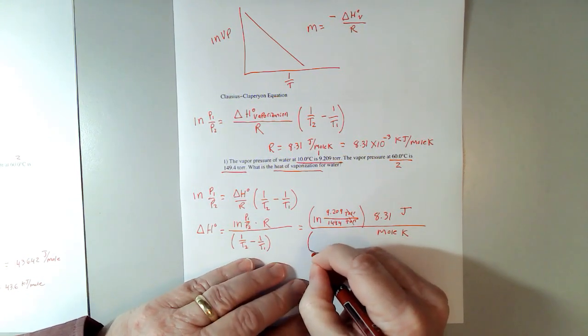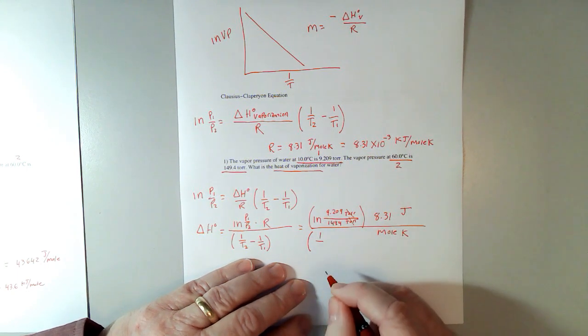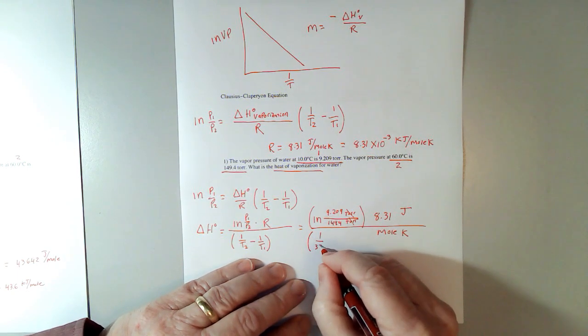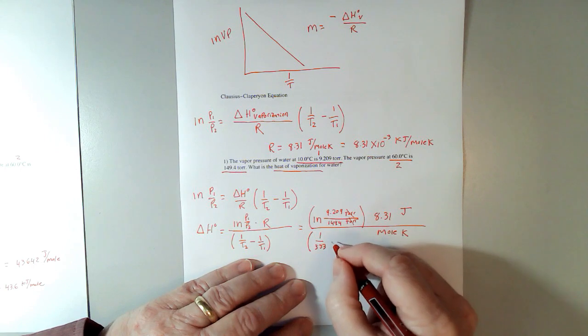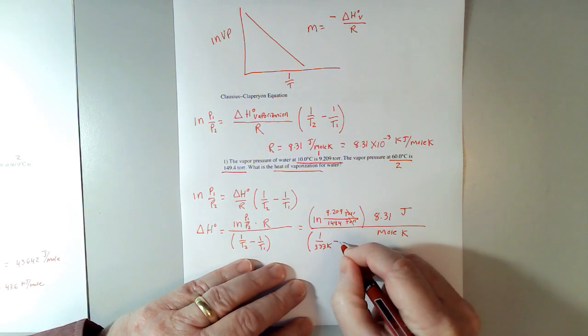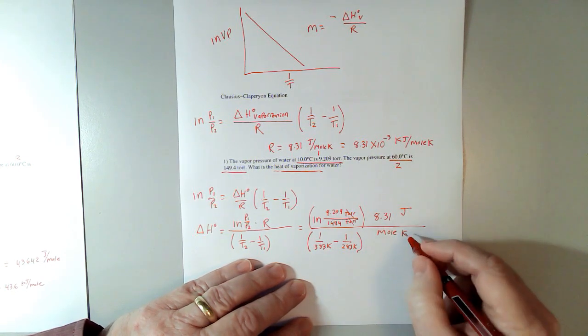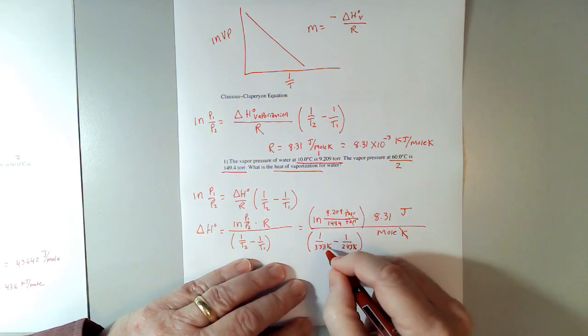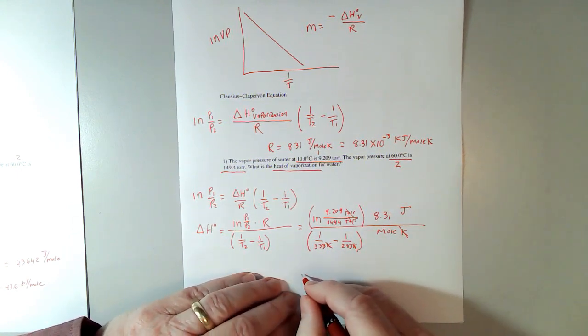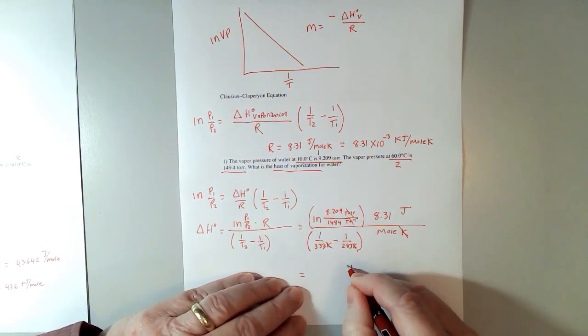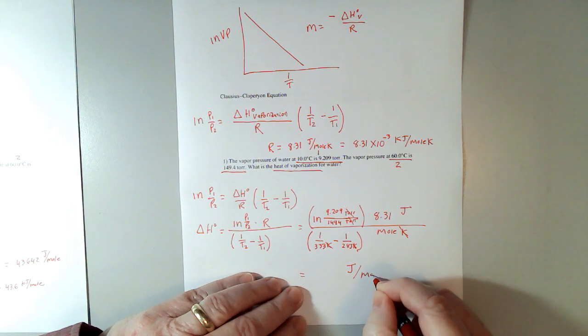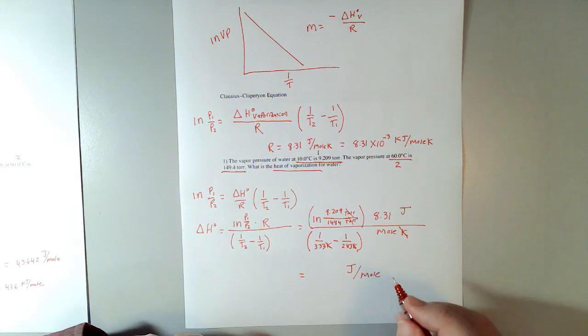Then down here, 1 over, now T2 is 333 Kelvin, minus 1 over 283 Kelvin. Now the Kelvin cancels, so I'm going to have something that comes out in joules per mole. And when I do this, it is